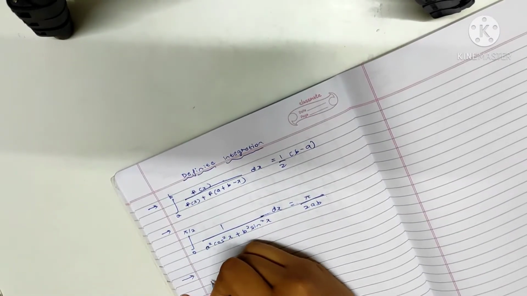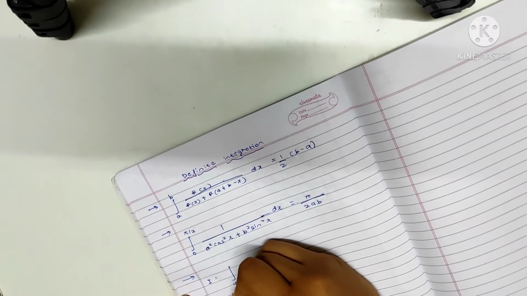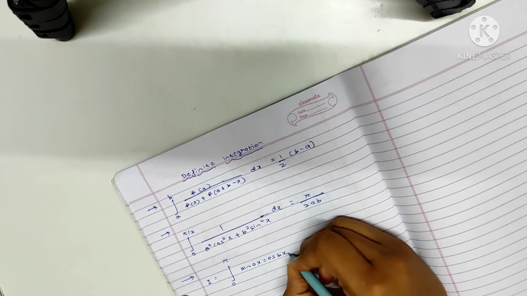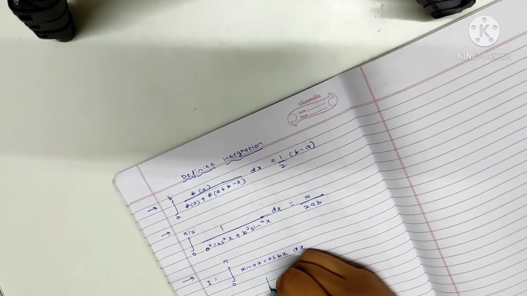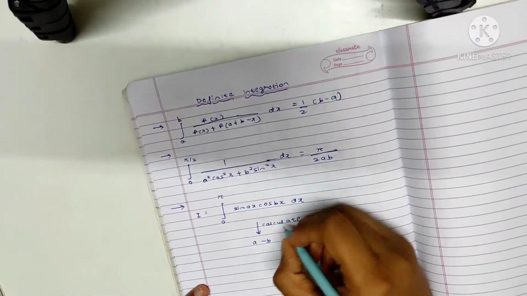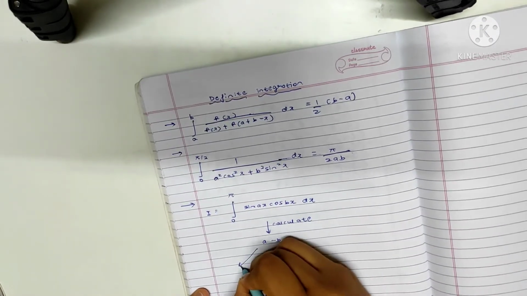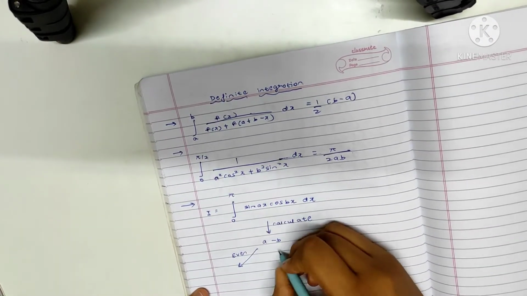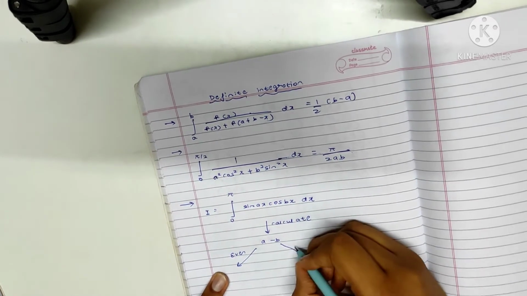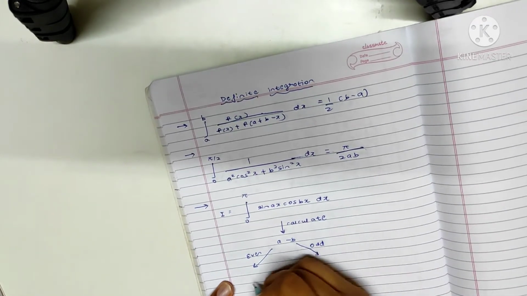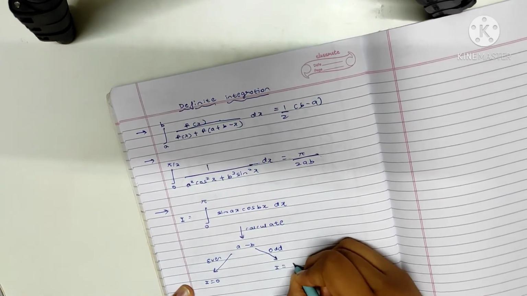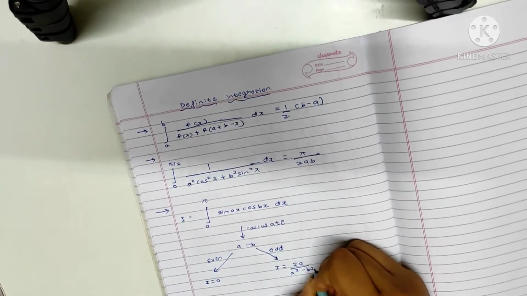Now the next formula is the integral from 0 to pi of sin ax cos bx dx. Here first find the value of a minus b. First calculate a minus b, and next, here actually we arrive at two cases. The first one is if a minus b is even, and the second is odd. If a minus b is even, directly the given integral is 0. Otherwise the integral is 2a upon (a square minus b square).